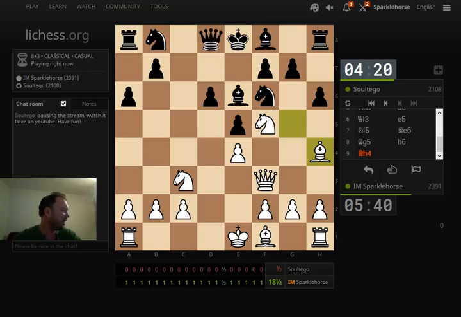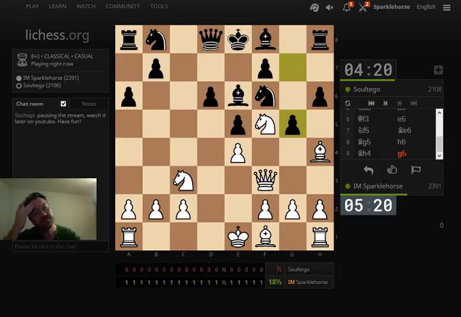So Katip says, why are you afraid to take? Well, taking is okay. My problem with that position is that after I take and he takes with the queen, I guess I could just castle queenside. No. Bishop takes f6, queen takes f6. I was looking at knight e3, but